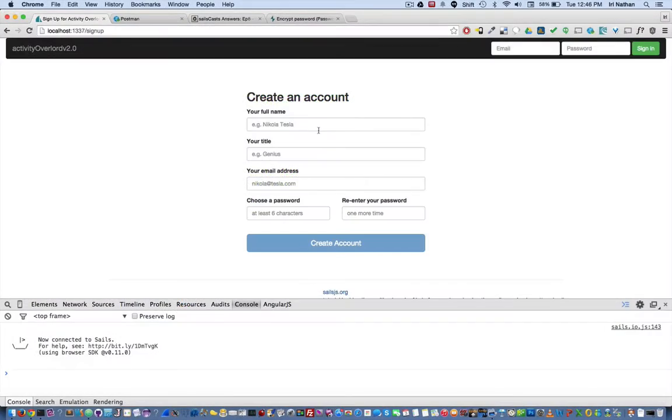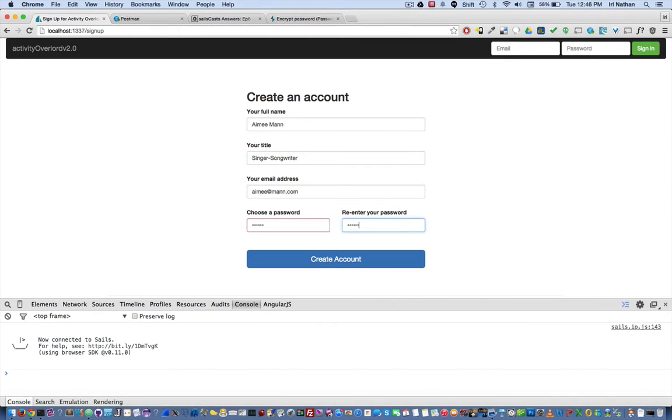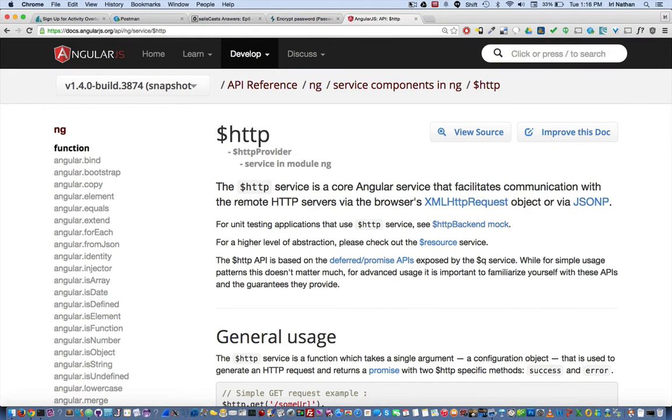I'll go back to the sign-up page, and since we have validation, I need to put in some valid values, and when I click the Create Account button, you can see the loading state change. So now let's add the AJAX request to our function, and we're going to do that with an Angular service